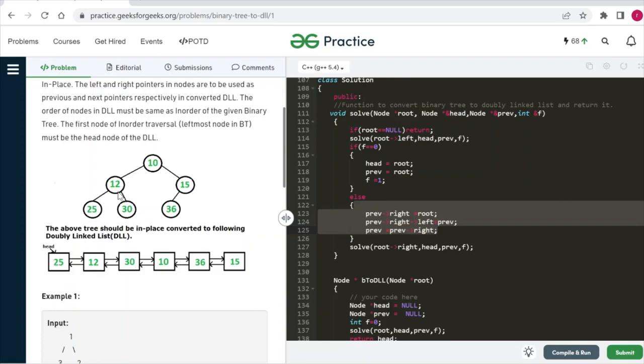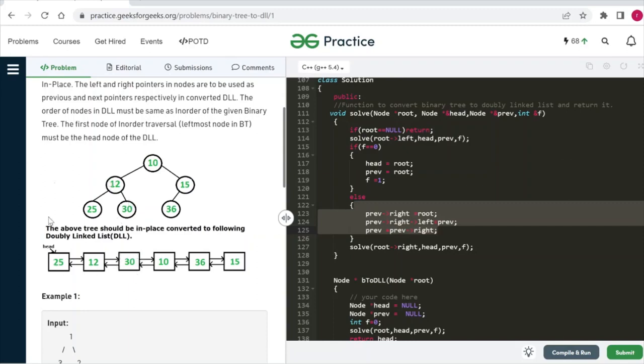Once this is done, our iteration will move, and we will now call the function for node 30. So it will again call it for the left child. For the left child it is null, so it will simply return. For the root, when we traverse, it will again update it, and our next node in the doubly linked list will be 30.